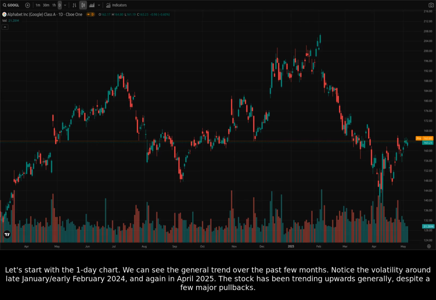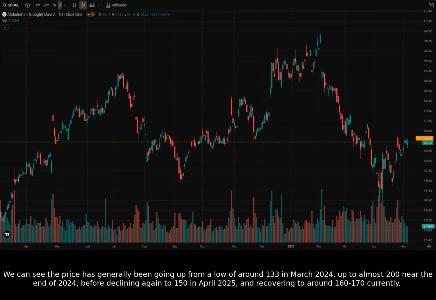We can see the general trend over the past few months. Notice the volatility around late January/early February 2024 and again in April 2025. The stock has been trending upwards generally, despite a few major pullbacks. We can see the price has generally been going up from a low of around 133 in March 2024, up to almost 200 near the end of 2024, before declining again to 150 in April 2025 and recovering to around